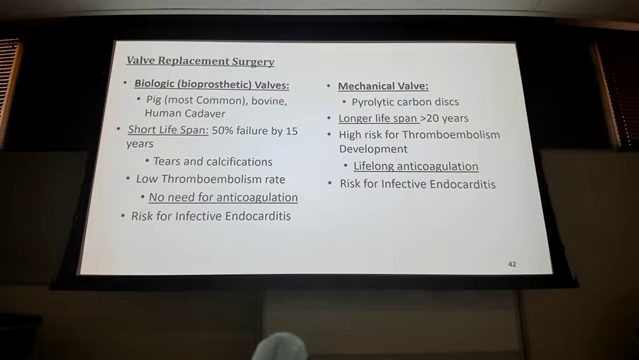Well, first of all, biologics, typically we get them from pig, we may get them from cow, and we can also get human cadaver valves too. So we've got a couple of different options for the biologic. The advantage of the biologic is that it's live tissue, so it is less likely to form blood clots on it. Patients do not need anticoagulation if they have this. So this would be great for your patients